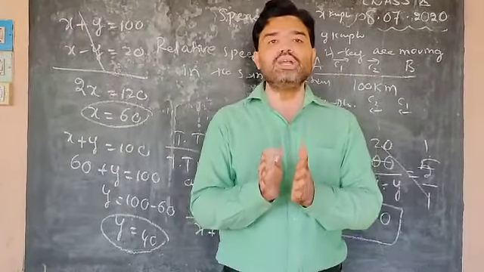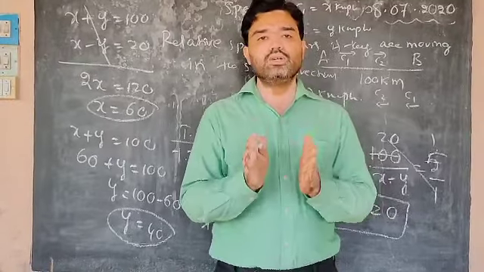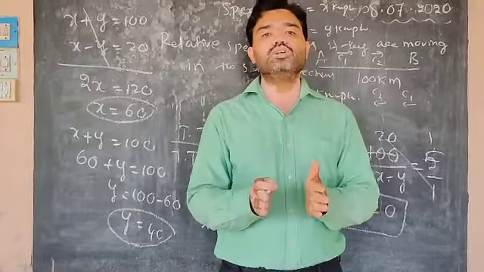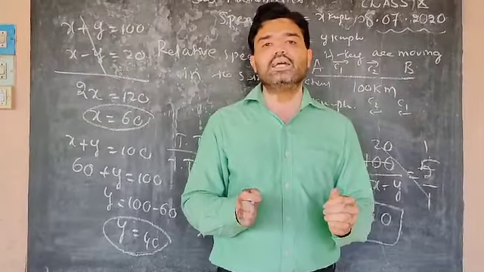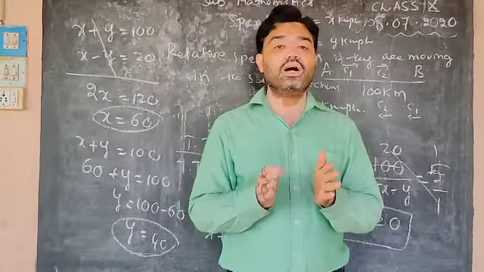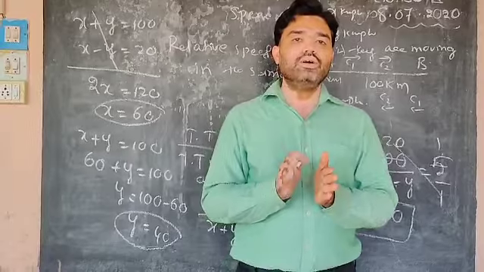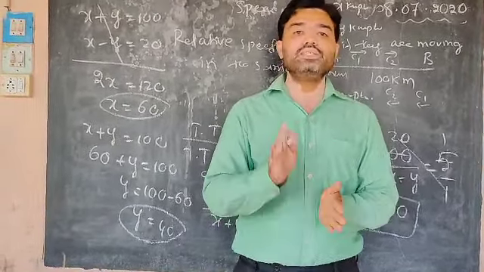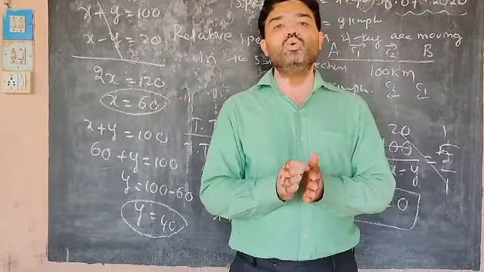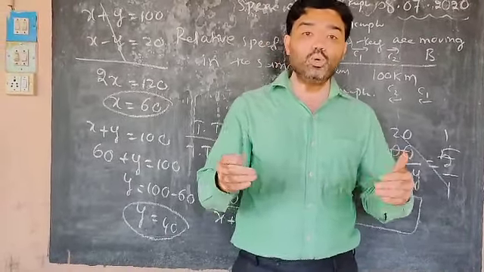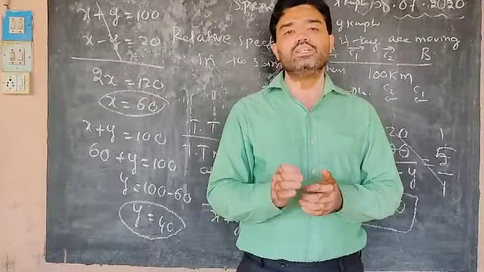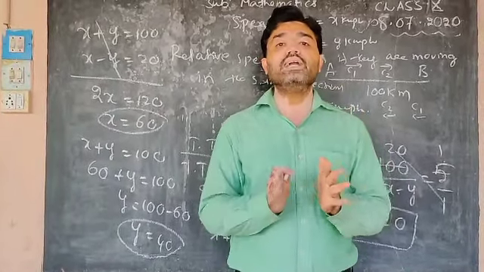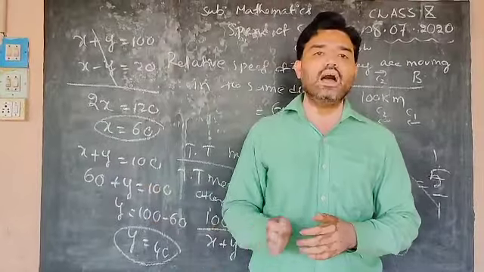So relative speed we have to learn here. Relative speed is a new topic. If two objects are in motion, then we keep one constant and we measure the other one. That is called relative speed. So the relative speed of two cars if they are moving in the same direction is x minus y. If they are moving towards each other, then the relative speed is x plus y. So distance divided by speed gives us the time, and solve it, you will get the answer.